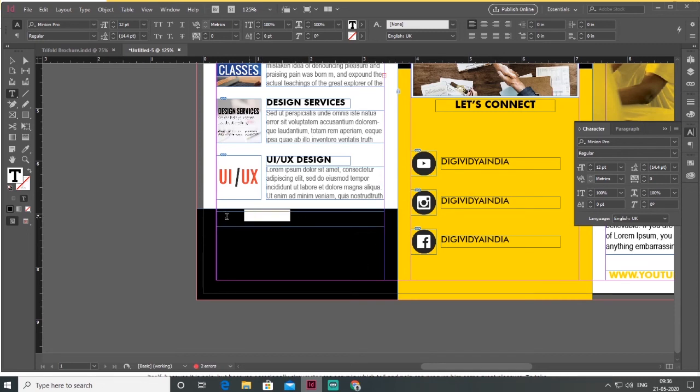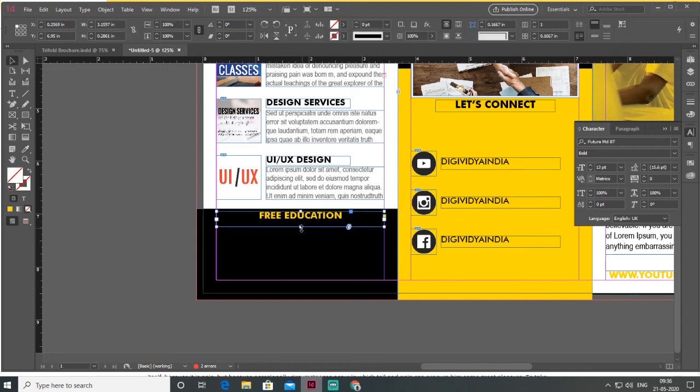I just write down some text and select the text and change the font face into Futura Bold. And now I want to increase the size. 26.